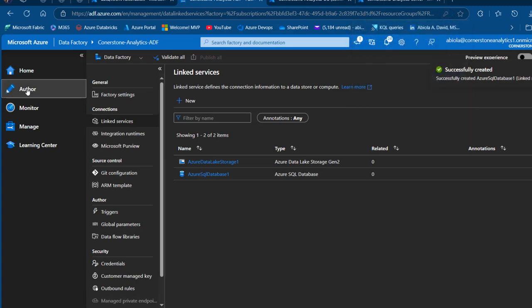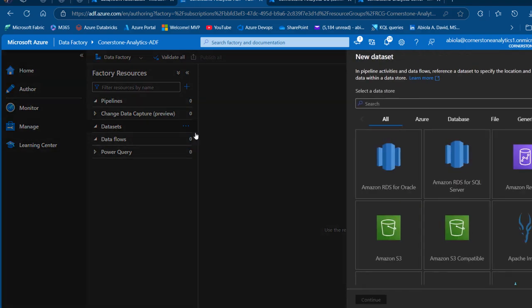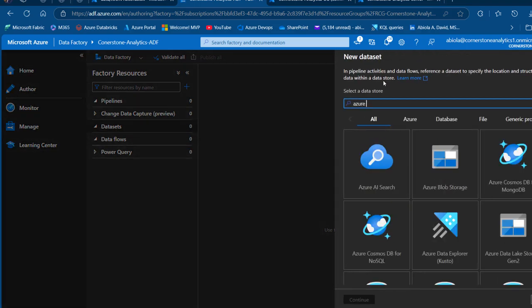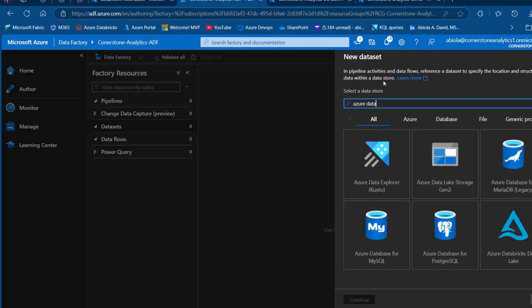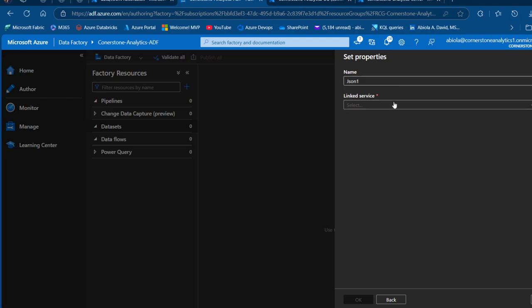Now we want to go to the author tab, and in the author we want to create data sets for the source and the destination. So for the data set, I can click on this ellipsis, click on the new data set, and I'm going to set for Azure Data Lake. So Azure Data Lake, and click on that. So continue, and then this is going to be JSON format. So click on continue, and I'm going to maintain this name